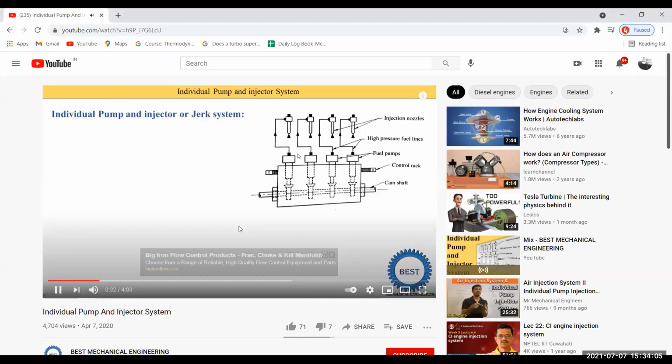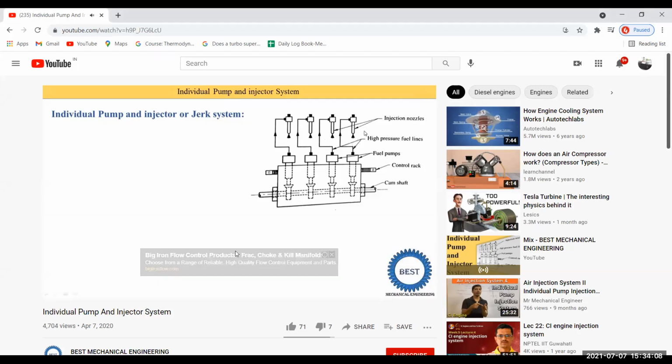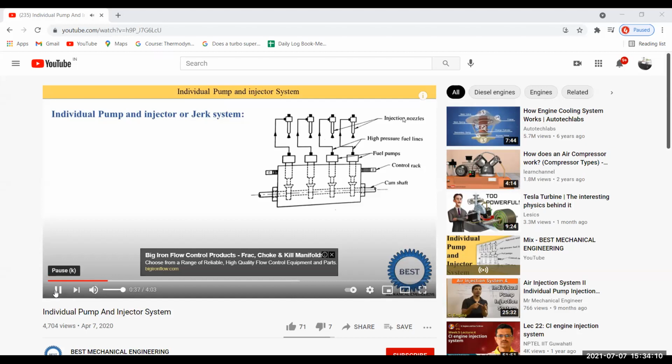Four-cylinder engines. So here one cylinder, here second, third and fourth cylinders. In this injection nozzle,